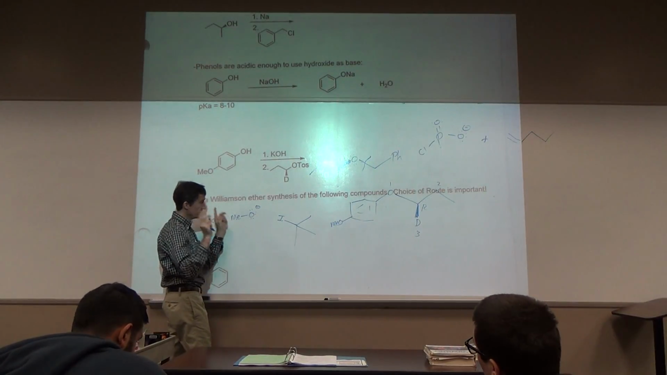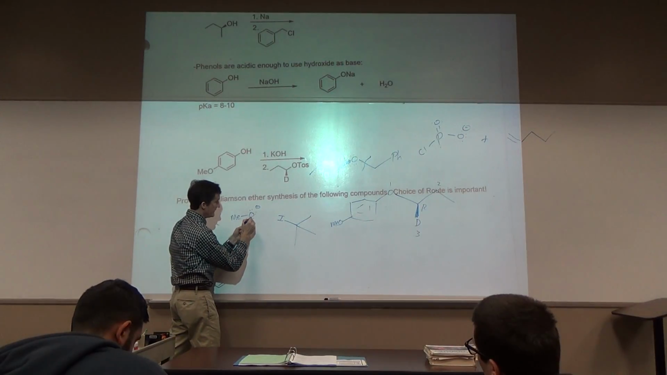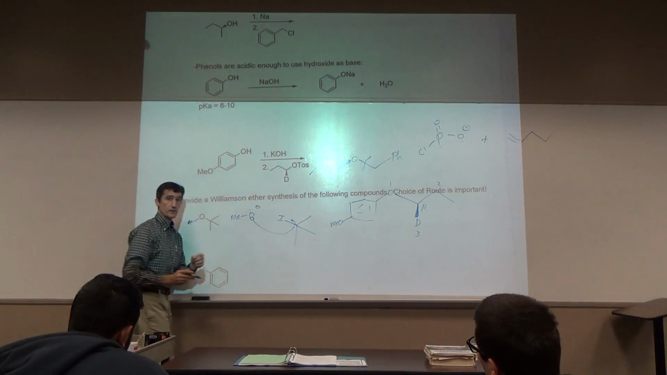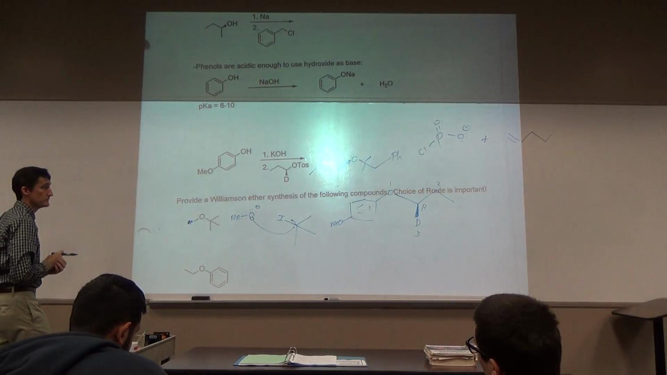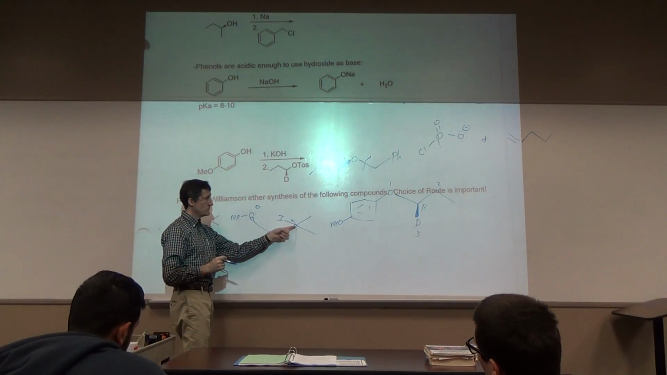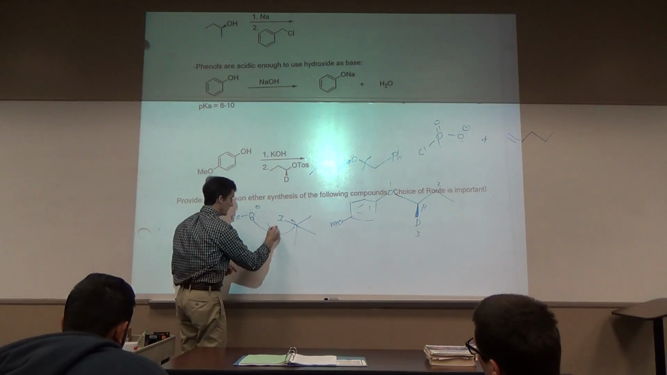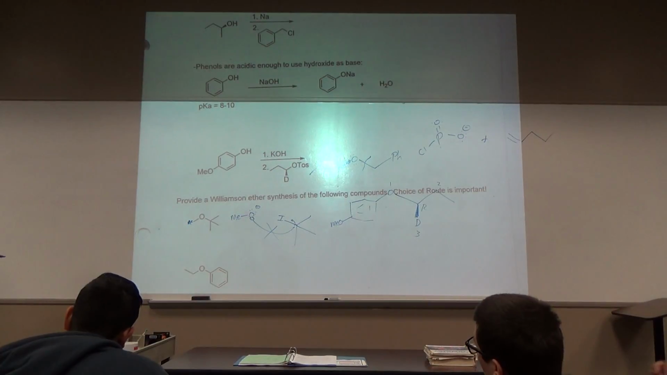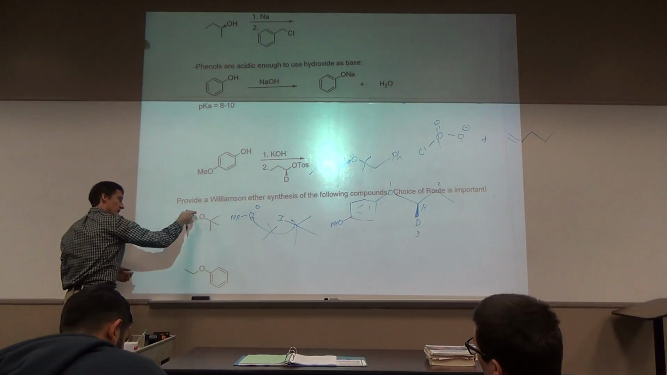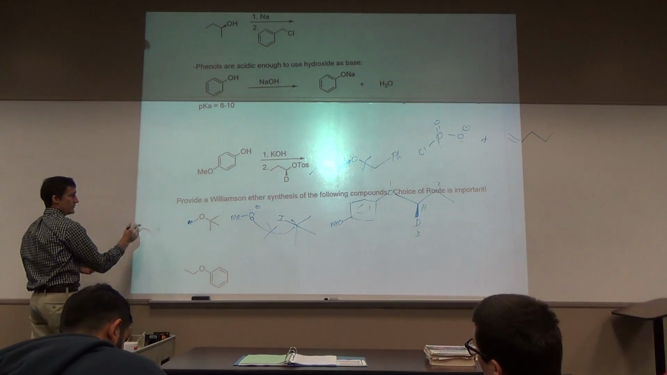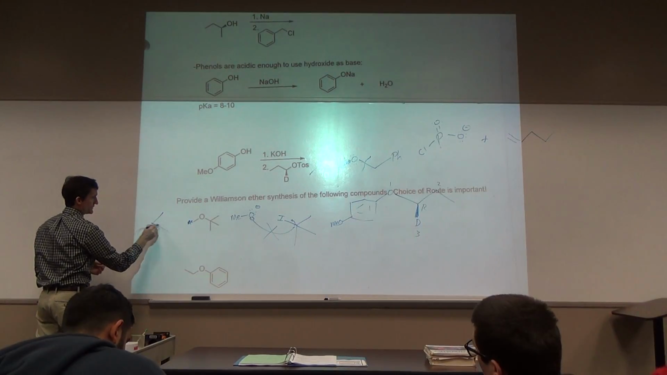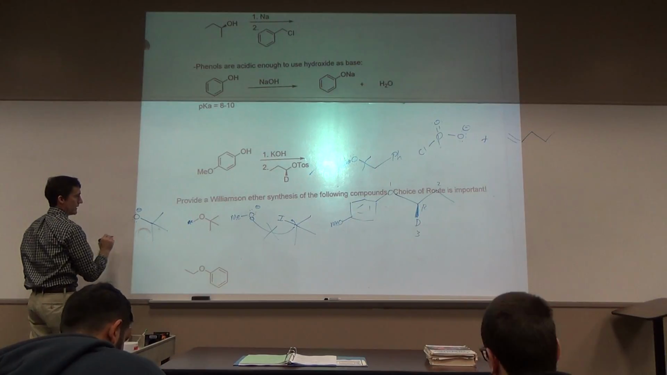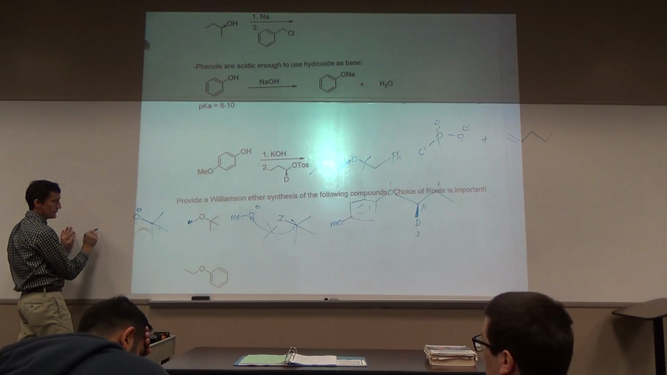Now, can we make that bond? Can this come in here and kick that off? No, why not? You don't do SN2 on a tertiary carbon. No matter what the leaving group is. So let's consider making this bond over here. That would come from having the O minus on that fragment. And then over here, which is just a methyl,